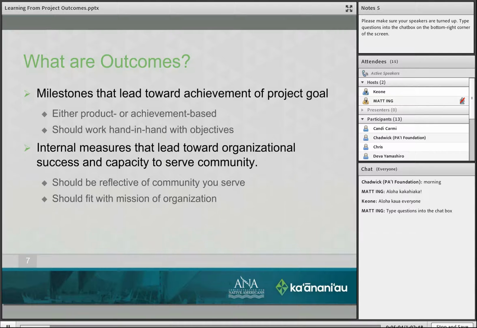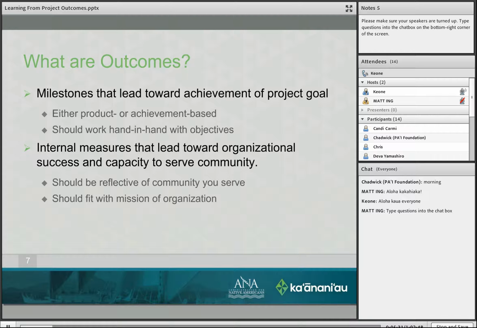So, for our purposes, outcomes are milestones that lead towards the achievement of the project goal. Well, they help towards that. And they're either product or achievement based. So an outcome could be a product, or it could be something that was done and done well, hopefully.